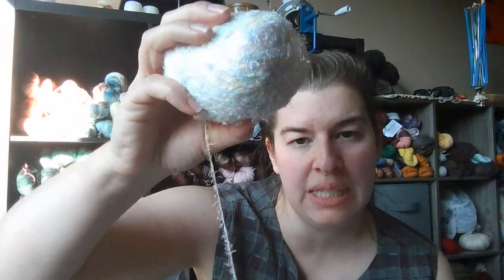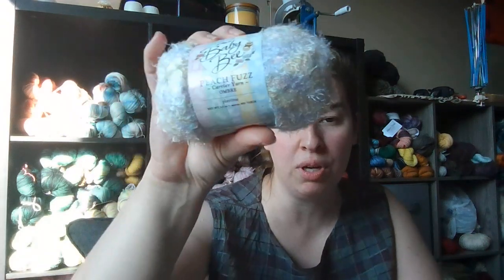And then this I actually had received when I had purchased a bunch of sock yarn, I think, from someone a while back. This was in there, and it's this very much lace weight, multicolored yarn. Oh, I do know. Oh my gosh, you guys! It's also Baby Bee. It's called Peach Fuzz. Again, I do not know if they carry it anymore. This would be from Hobby Lobby. It's their carrier yarn ombre. It's called Playtime, so it has multiple colors in it. And I'm just holding that double,